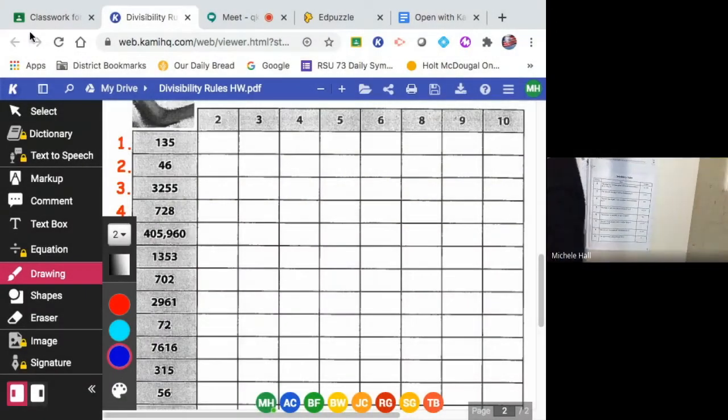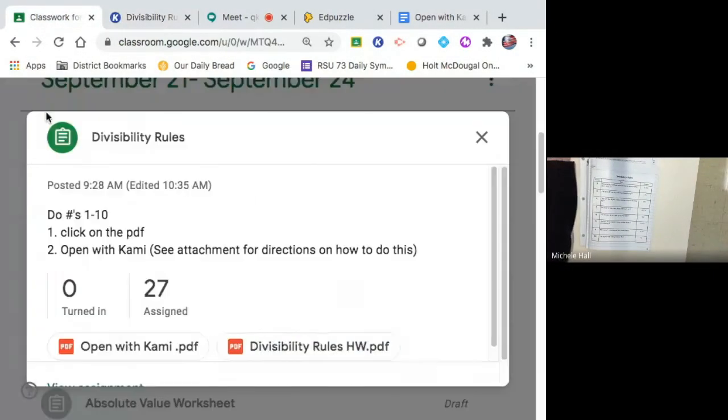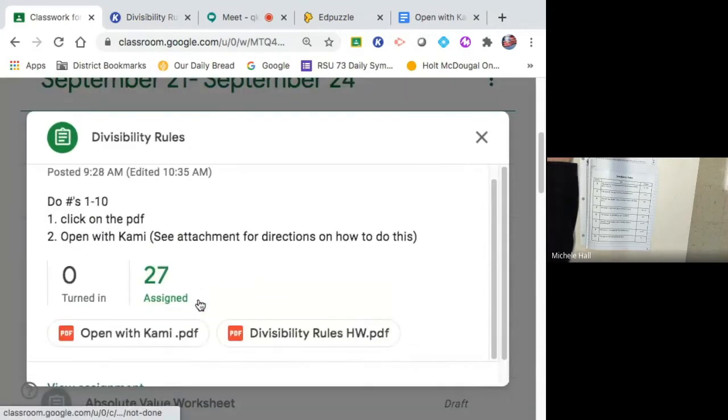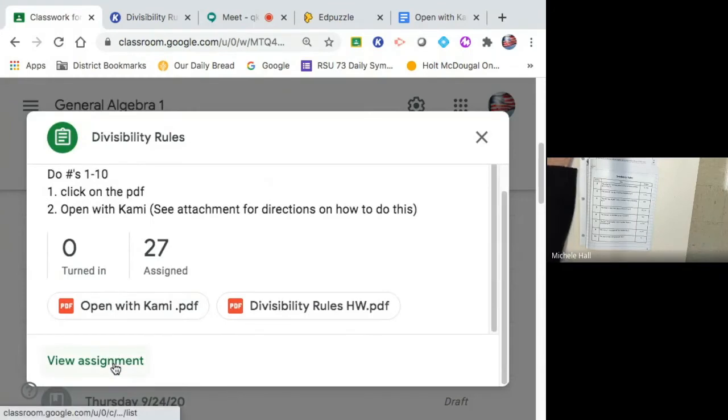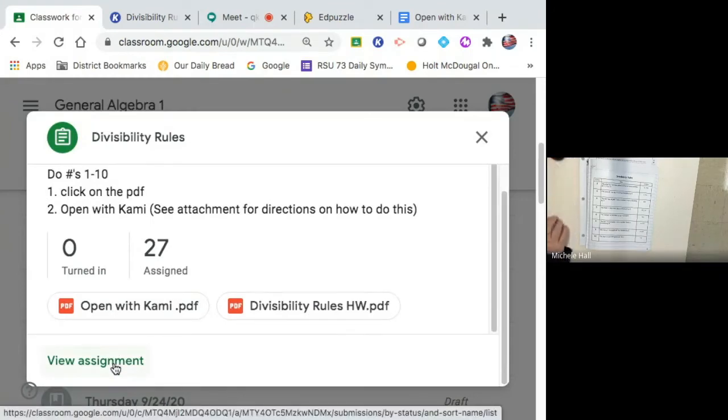When you upload this assignment, you're in Google Classroom, and you go to View Assignment, okay? Mine's not going to do this because I'm the teacher. When you go to View Assignment, it has that little checkbox that says Create or Do Your Assignment. You're going to go to Drive. This paper right now is in your Drive. You don't have to take pictures of it. It's automatically in your Drive, so you just upload it from your Drive. All right, here we go.